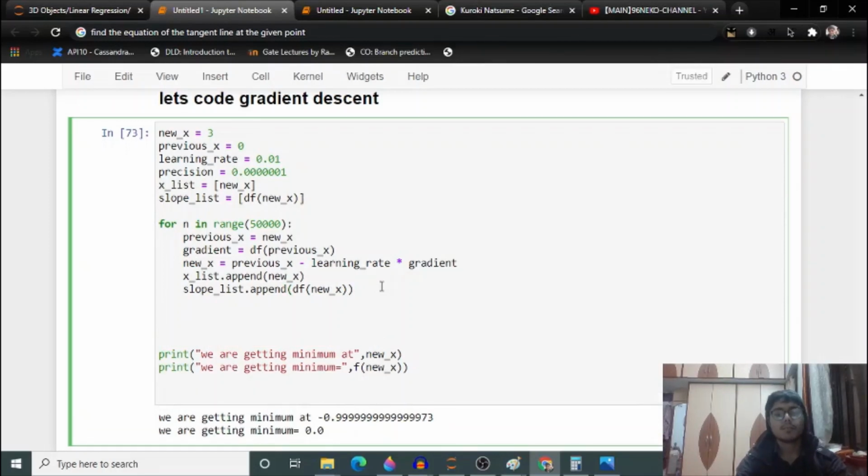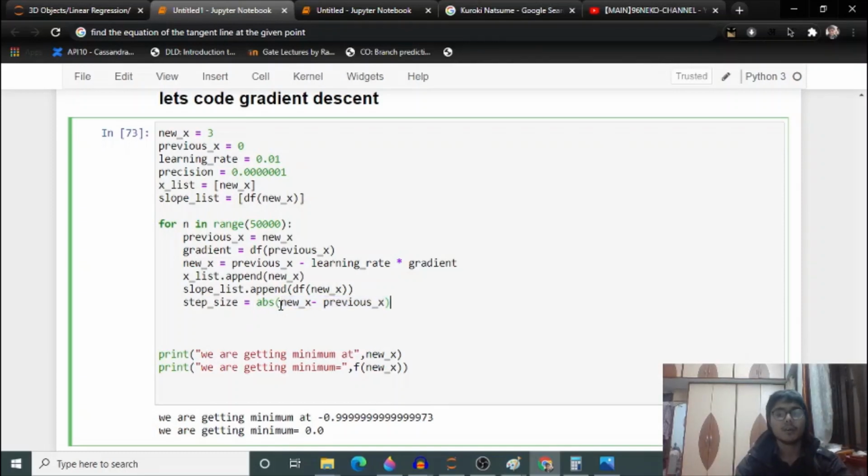So I'm putting an if condition guys. First I will calculate this step size guys. Step size will be the absolute value, this ABS function calculates the absolute value guys, of new underscore X minus previous underscore X. I'm checking that if the distance between new X and previous X is small enough, I want to break out.